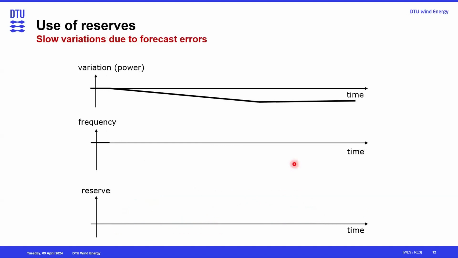But if there is a slow variation due to forecast error, what does it mean? That we had forecasted that wind will be blowing at 15 meter per second, but it was blowing at 8 meter per second. And then we are missing a certain amount of